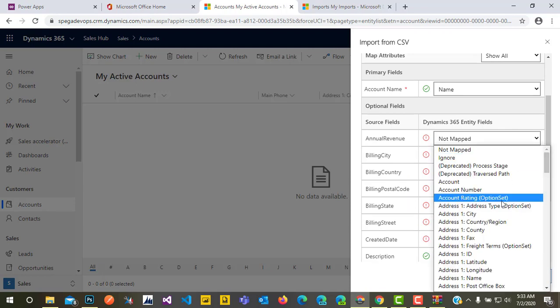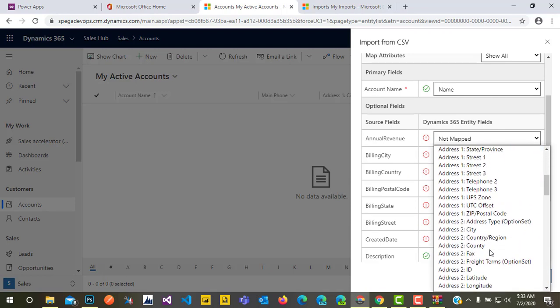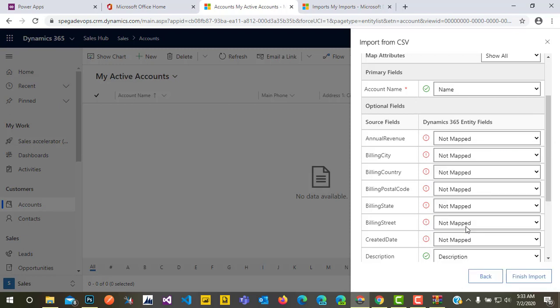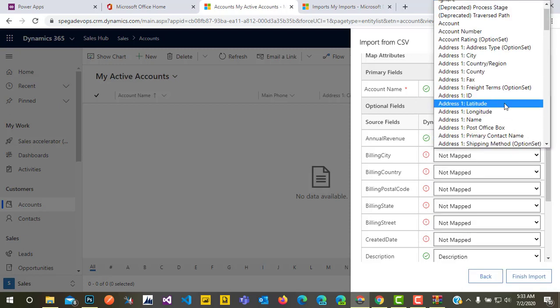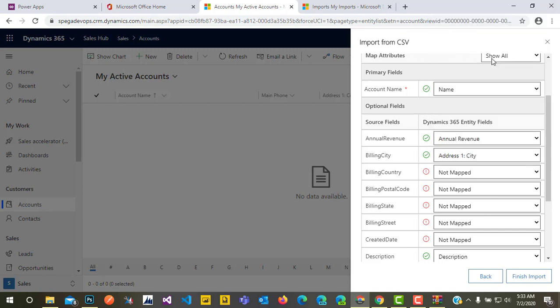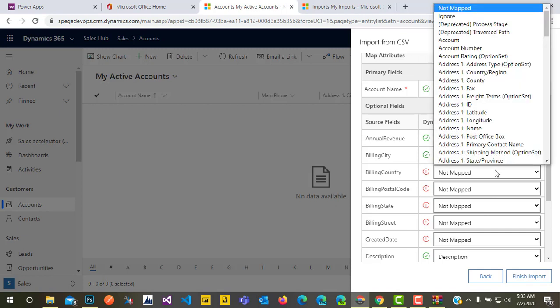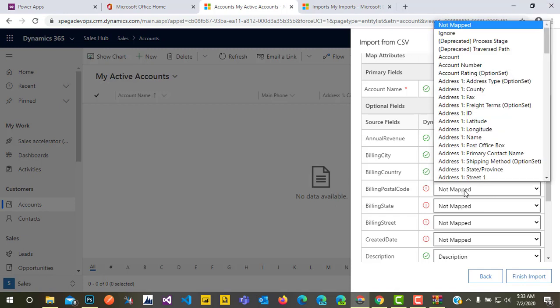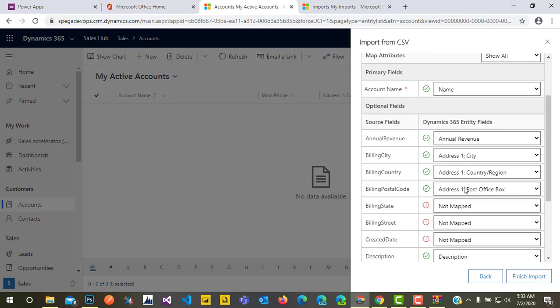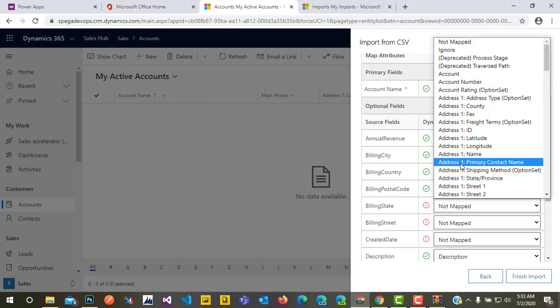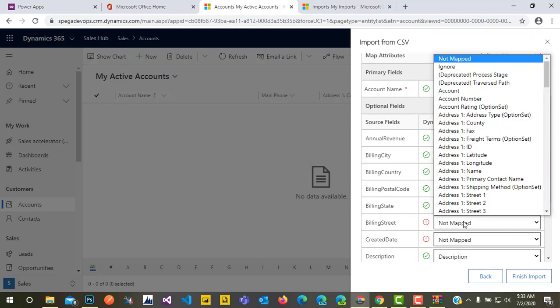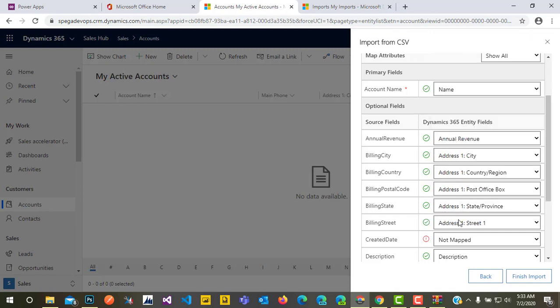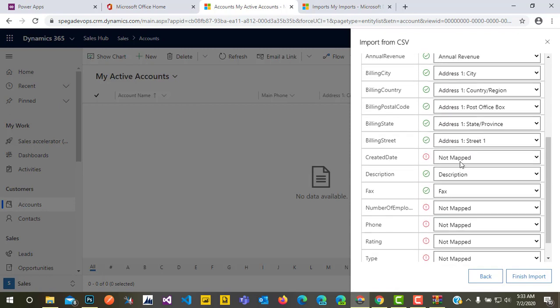Annual revenue, billing city to address one city, billing country to address one country, postal code to postbox, billing state, and street to address one street. Let's leave it like this.